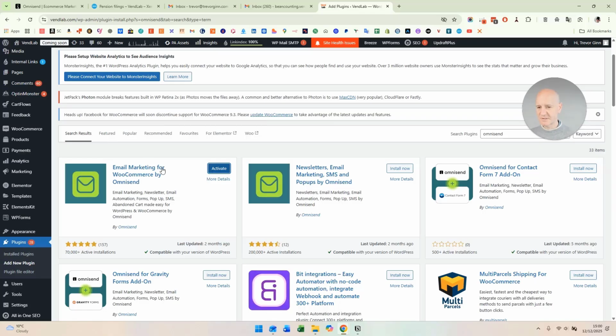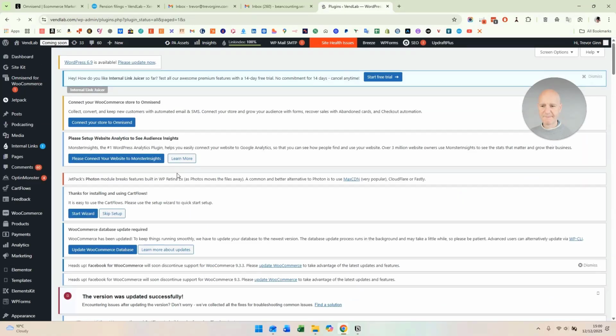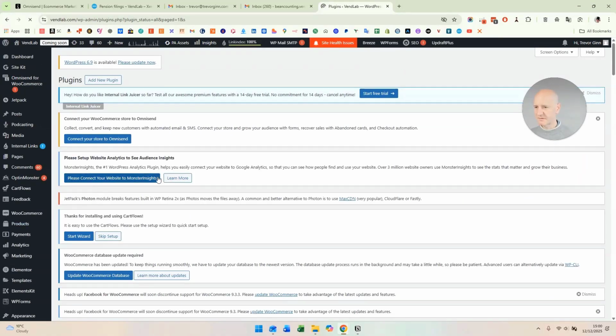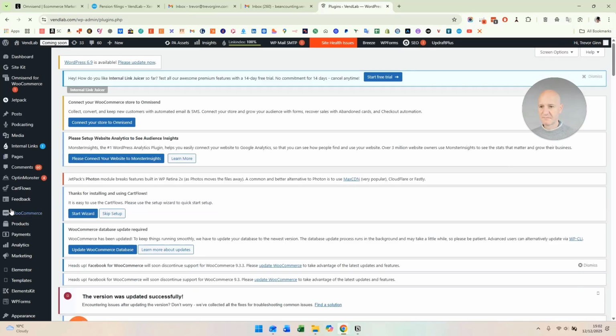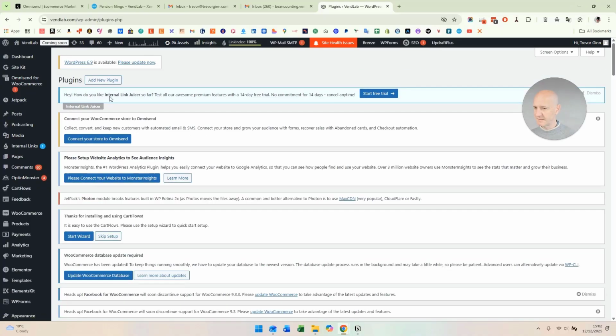And then you need to activate it. It's just activating the app. Okay, so now we should be able to connect your store to Omnisend. Okay, then we go to installed plugins. And you see we've got here a link to connect your store to Omnisend. So if we just click on that link there,